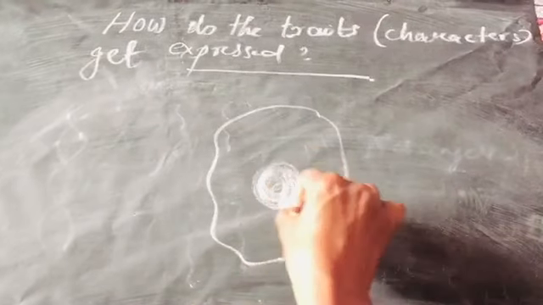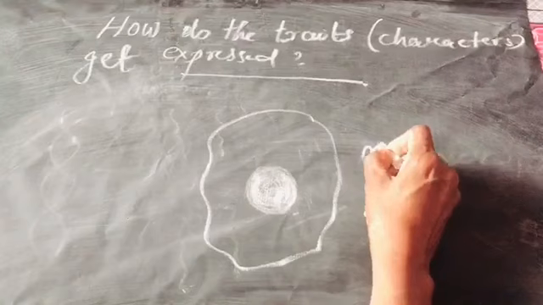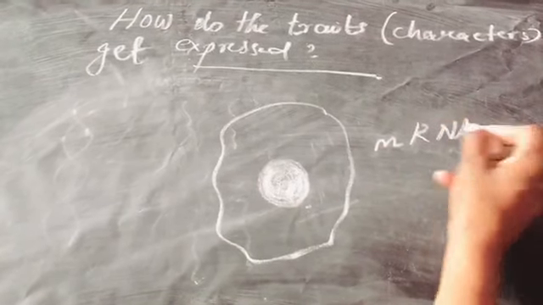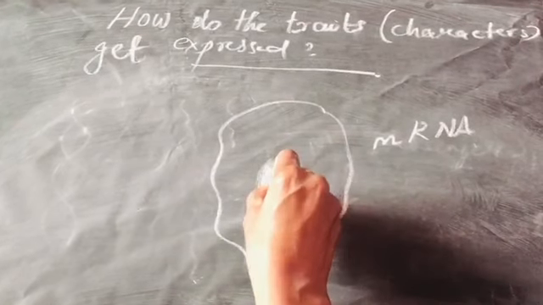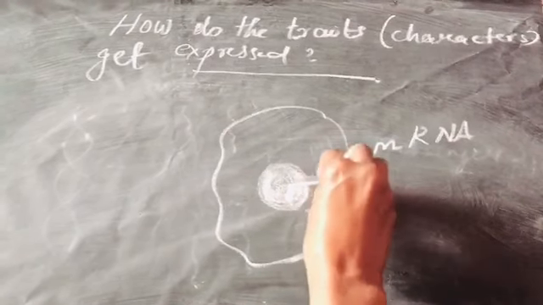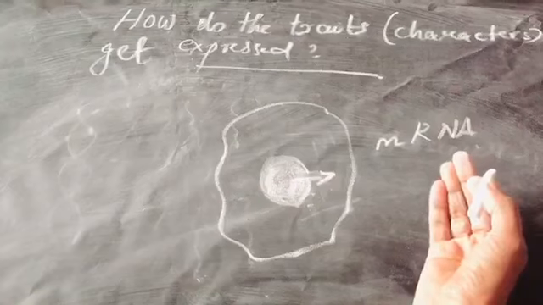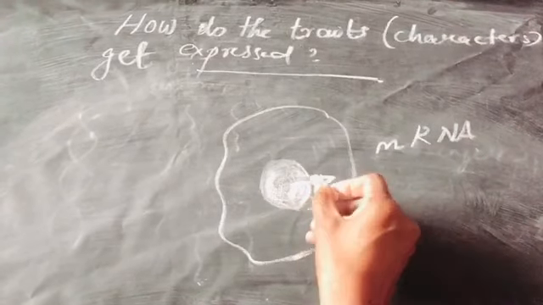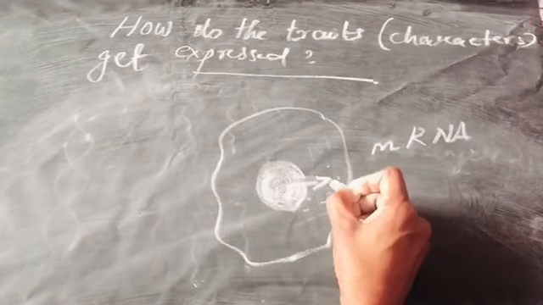This is the nucleus of a cell. I have told you already, messenger RNA or mRNA is made in the nucleus according to the instruction in the gene. This mRNA moves out of the nucleus into the cytoplasm through the nuclear pore. You know that the nucleus has a nuclear membrane, and through the pores, with the help of protein exporters, the movement of the messenger RNA from the nucleus to the cytoplasm takes place. Now, after reaching the cytoplasm,